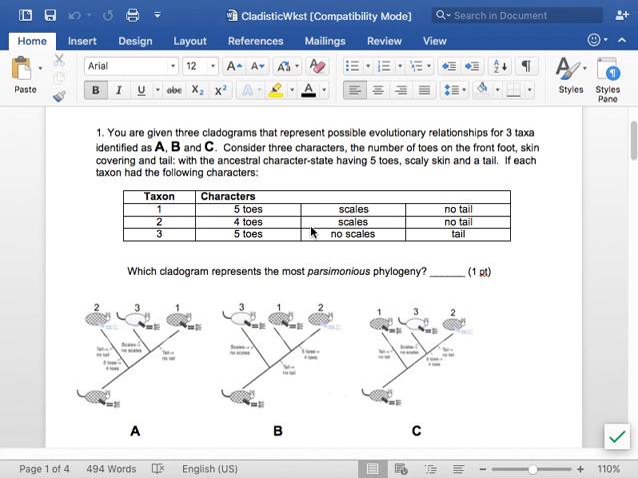So if you look at it, it says that the ancestral trait is 5 toes, scaly skin, and tail. So that's what you want, like on this side of your tree, the left side of the tree. So if you look at B, it says scales to no scales. Well, this means that this one has scales,